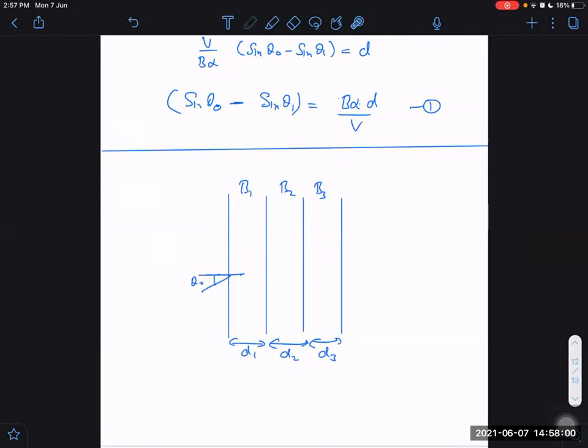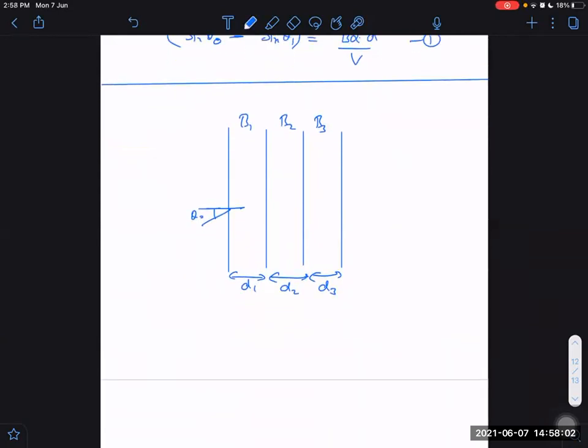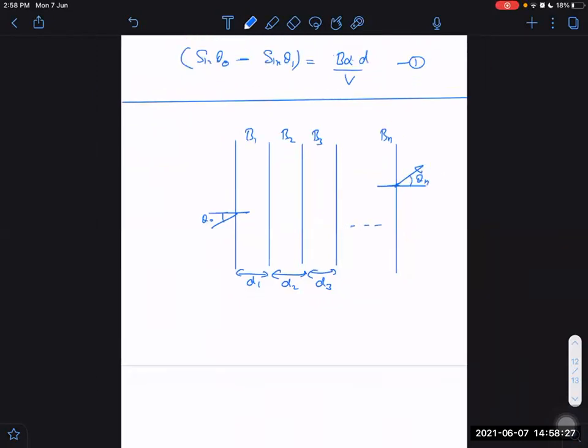Finally, I don't know what kind of path it follows, this way, then this way, maybe this way, with different angles. At last it emerges somewhere, let us say it emerges from the nth region, having magnetic field Bn, and from there it emerges. That is the final velocity, making an angle. What angle will we call it? If it is emerging from the nth region, we can call it theta n.